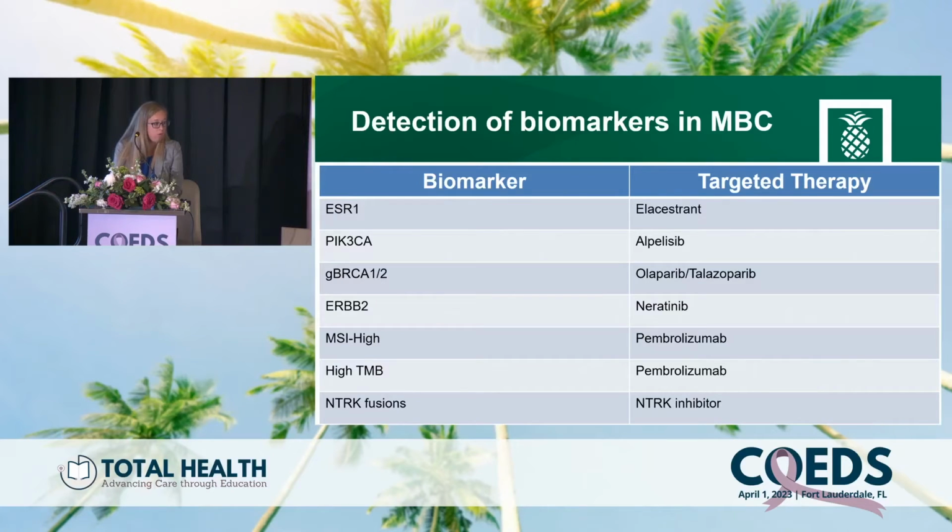I would like to give a caveat here about TMB on circulating tumor DNA, because our liquid biopsies do tend to overestimate TMB on the order of 1.5 to 2 times. So our cutoff for high TMB in breast cancer is a tumor mutation burden of over 10. And I would suggest the rule of thumb is a cutoff of 20 if you're using ctDNA,